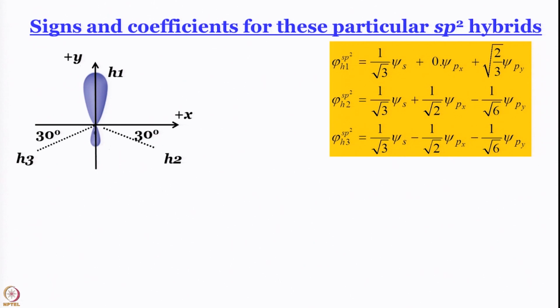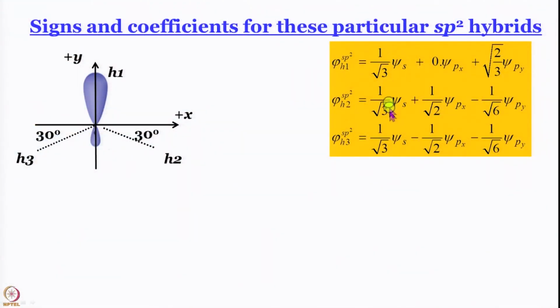Okay. So, very nicely we have been able to figure out the coefficients of the atomic orbitals in the hybrid sp2 orbitals when we hold the molecule in xy plane with one of the hybrid orbitals along the y axis. We have found the coefficients and we have written the expressions. And first thing we see is they are all orthogonal to each other. They are normalized, we have used the normalization condition. Are they orthogonal? It is easy to see H1 and H2 or H1 and H3. 1 by root 3 into 1 by root 3 is 1 by 3. Then root 2 by 3 into minus 1 by root 6 is equal to what?